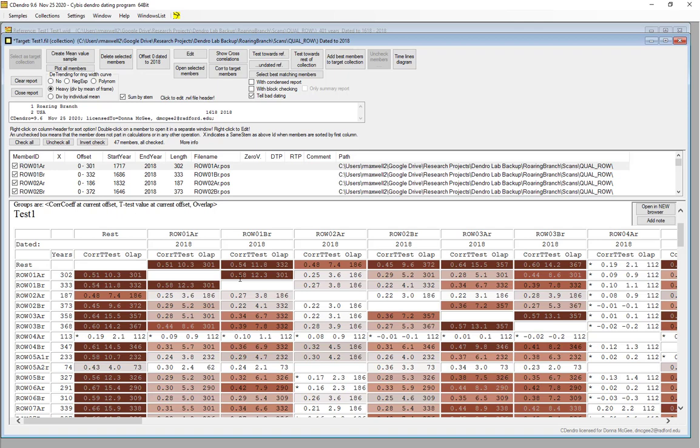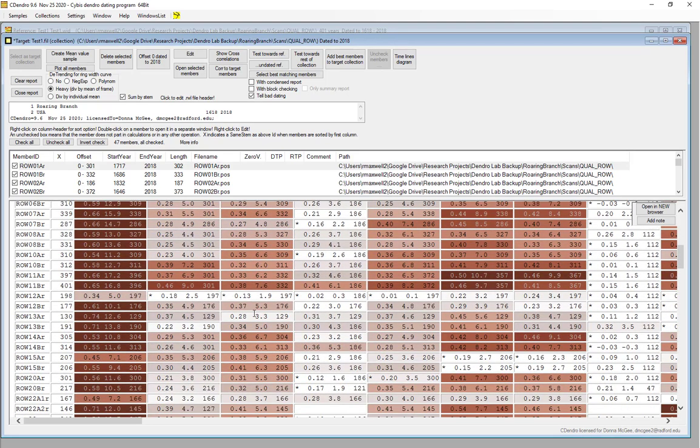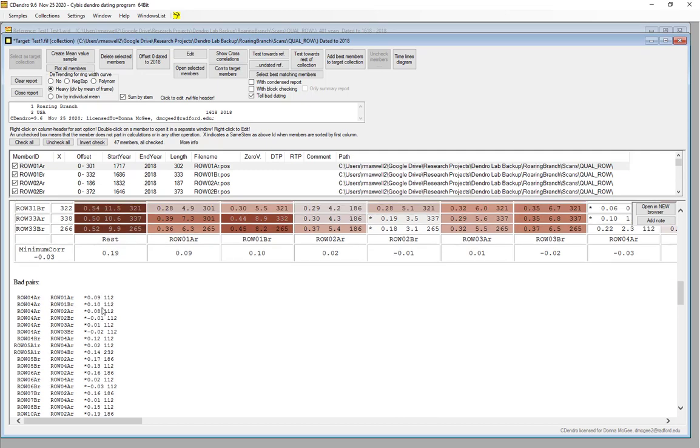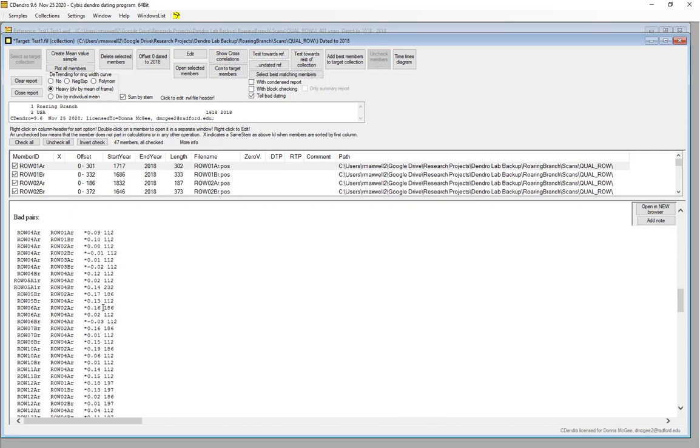And this can help you identify which trees are kind of saying the same thing in terms of their ring width from one year to the next. So it can be somewhat helpful to look at this and to identify trees that are saying the same thing. You see here they're color-coded, the darker color meaning a higher correlation. So this is one piece of evidence that you can get to help you begin your cross-dating.